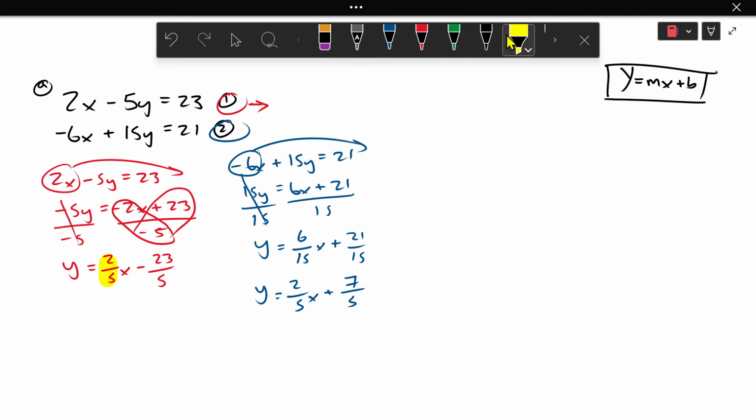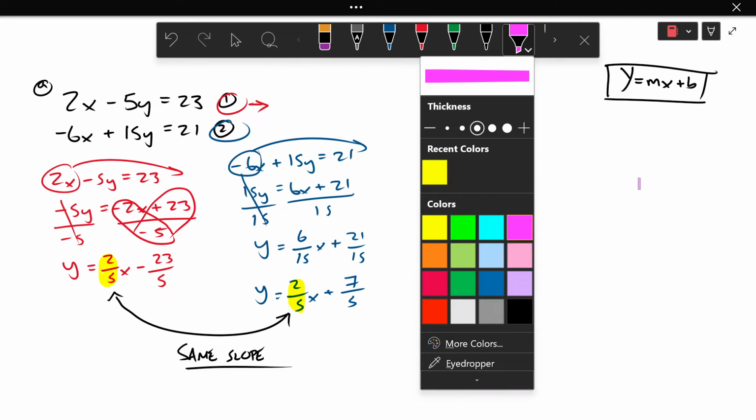So we can see now that we have the slope and the y-intercept, but we don't have to really concern ourselves with the y-intercept, because what do we see? We see that they have the same slope. So actually, we do have to concern ourselves with the y-intercept. I misspoke there. Because they have the same slope, it means that we have to check something further. We have to look at the y-intercept, because